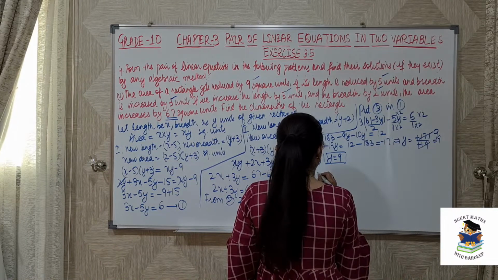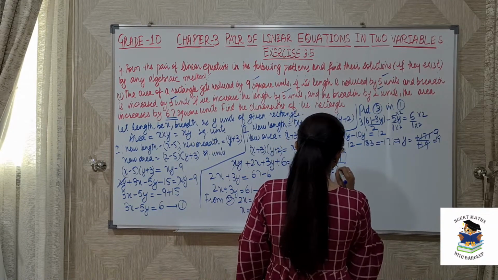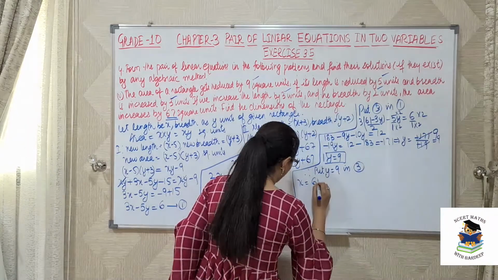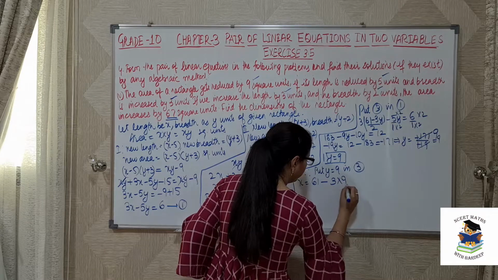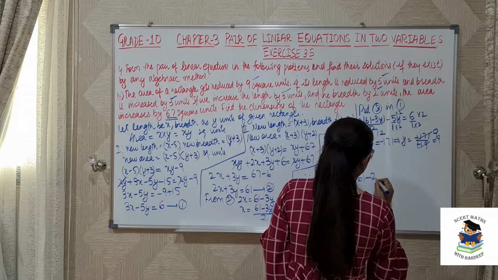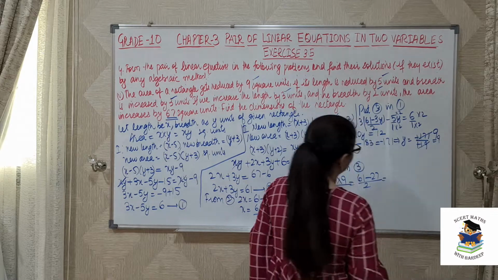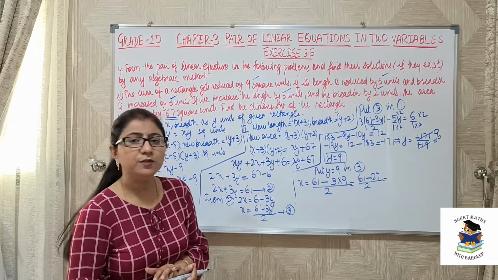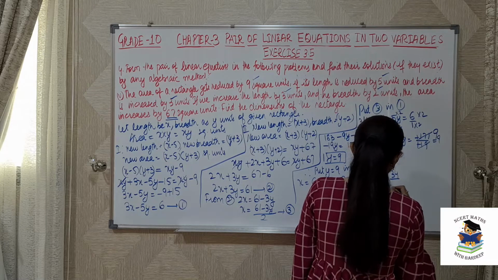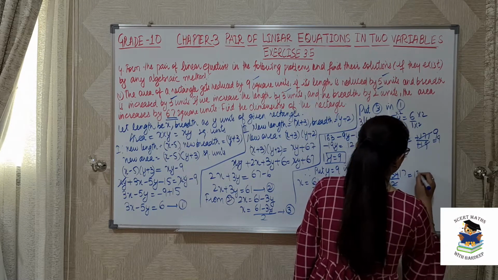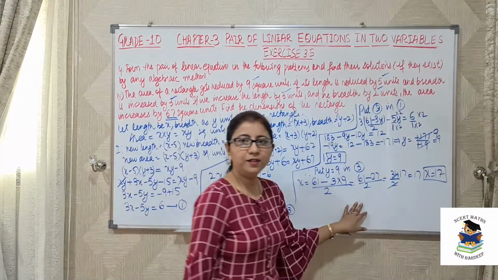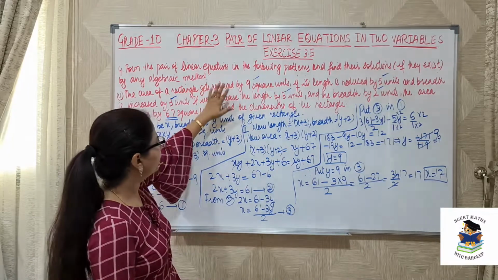Now we will put this value in equation 3 to find the value of x. Therefore, put y equals to 9 in third equation. So what is x then? 61 minus 3 times y, that is 9, divided by 2. So this is 61 minus 3 into 9 is 27 by 2. So what is now 61 minus 27? 11 minus 7 is 4. 5 minus 2 is 3. So 34 by 2, that is 17. So x is 17 in our case.